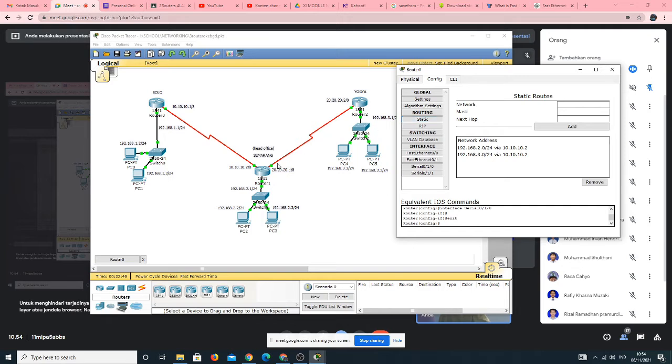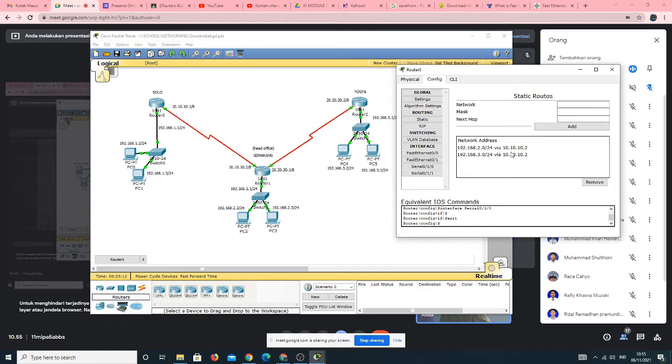Once more, we have to check the connection first from router Solo to router Semarang. We have to configure the IP route twice because we are going to make a route from Solo to Semarang and from Solo to Jogja.